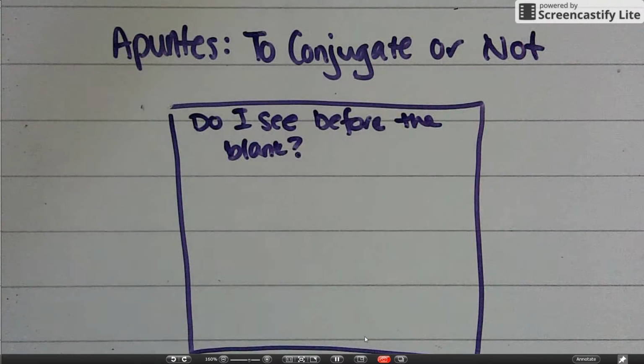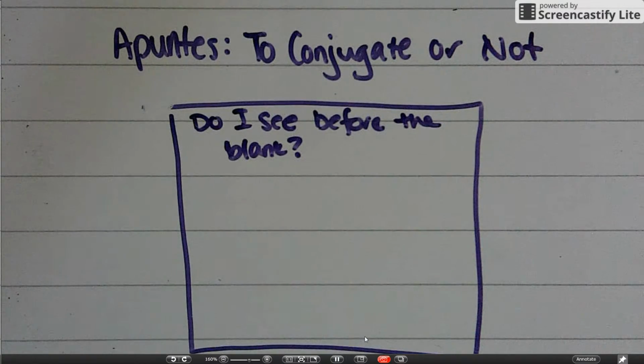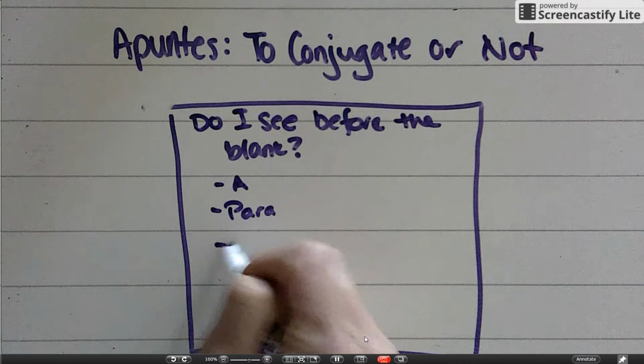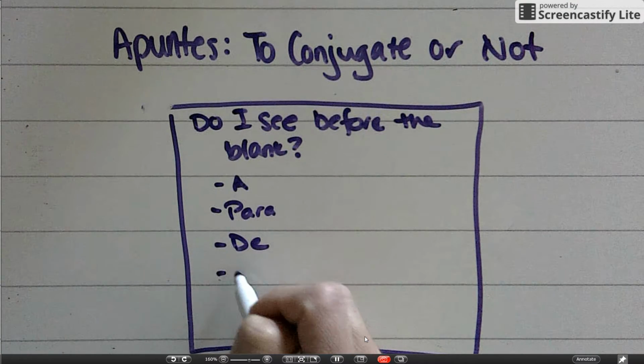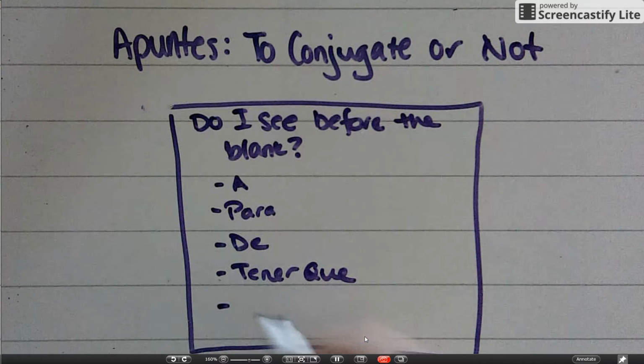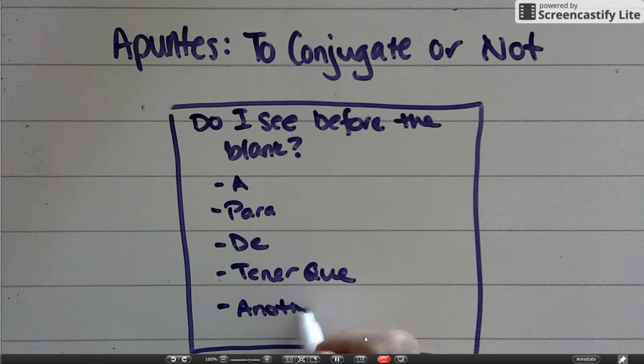And I'll show you how we use this in just a moment. So right now, you're just copying this down with me. A, para, de, tener que, another conjugated verb,